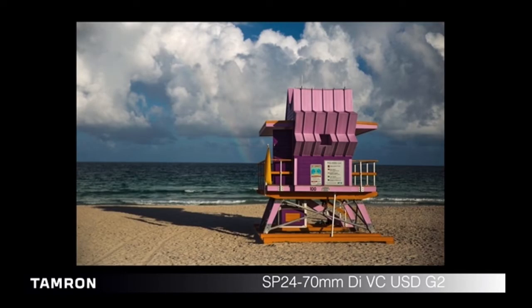My number 5 favorite would be this one, taken in Miami. This was my first time in Miami. I had been dying to get to Miami. I love the beach. I love the weather. I love the food. So this was just perfect for me, and I was in my element. At the beach, as I'm walking along the beach, I see these colorful lifeguard stations, and I just thought that they were very